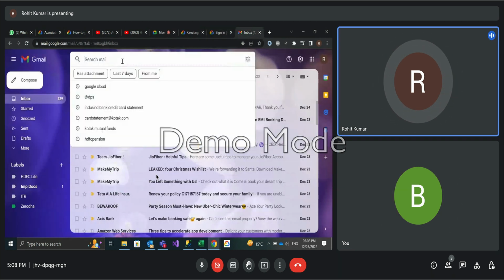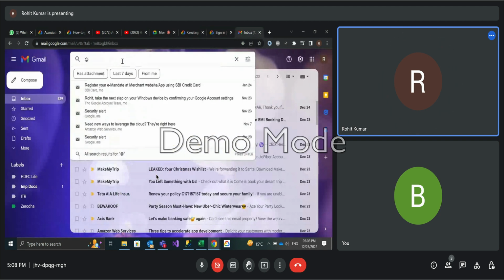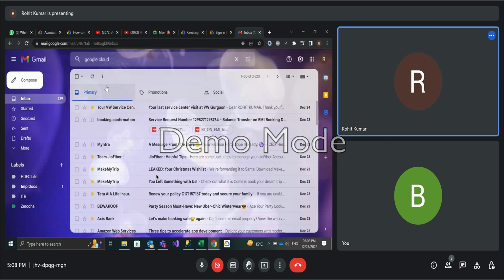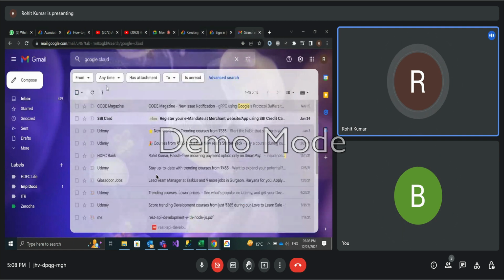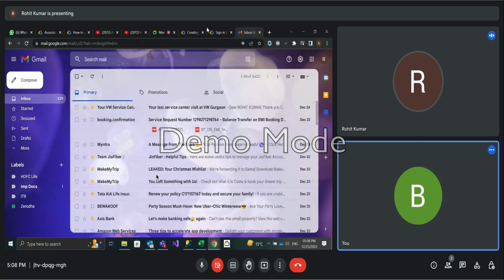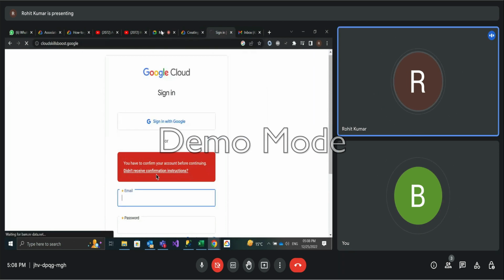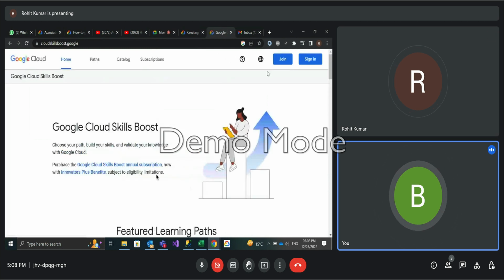I check now, like at the rate Google Cloud. Correct. Yes. I'm not getting anything here. Okay, so what we can do, from the scratch we'll start. Open the skillboost.google.com. Yes. Here, click... no, don't use this browser. You just open one separate browser